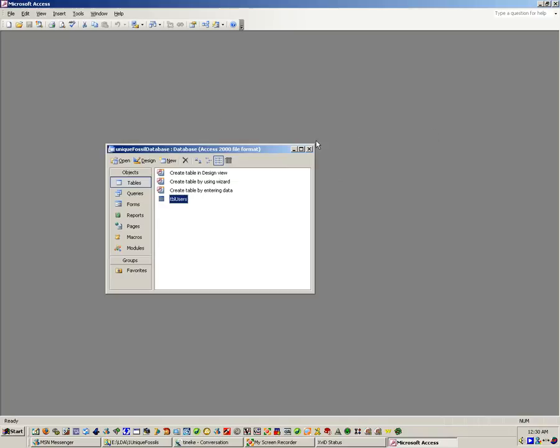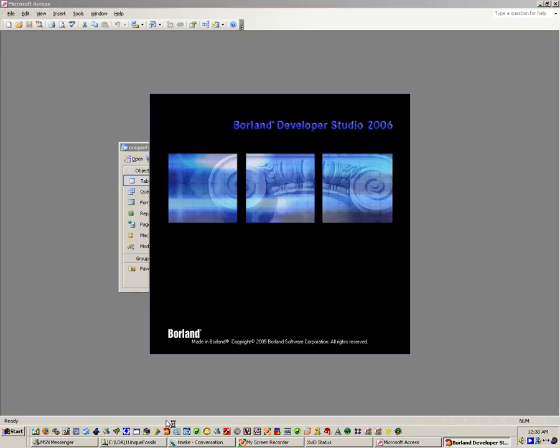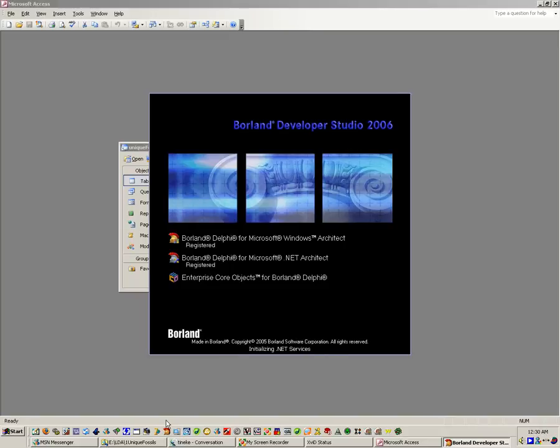And now we should be able to go back into the development environment, and now I should be able to actually set the password and encode, and